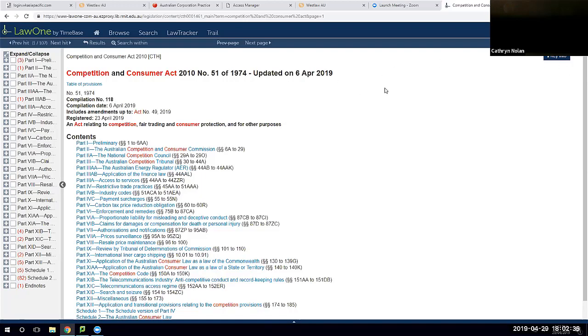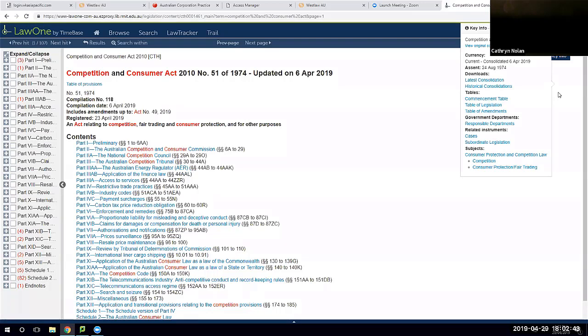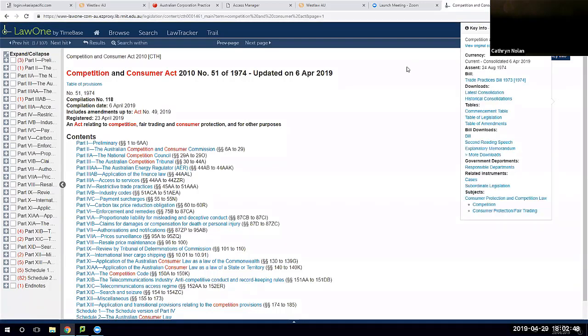So this Timebase also does have a sort of similar feature to Jade, so you've got the Act. If you click on Key Info just here, I'll just move that down. Sorry. If you just hit this little slide there, that'll just hide that. Okay, sorry, there we go. So this has key info relating to the Act. So you can get the bill,